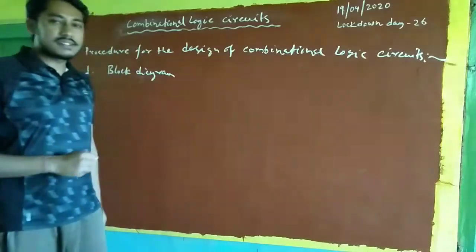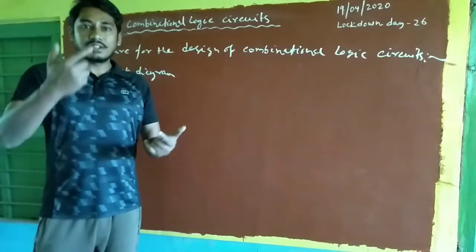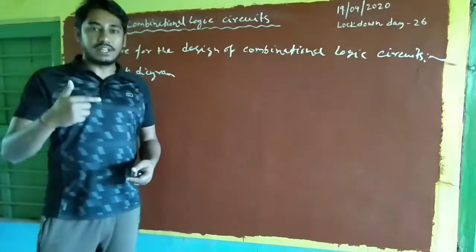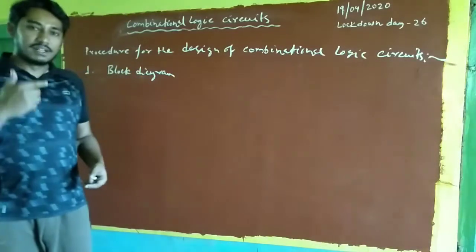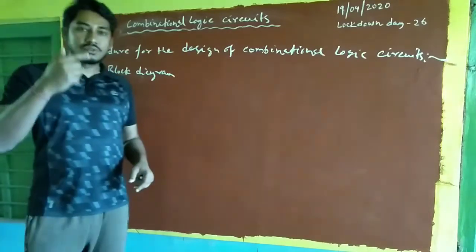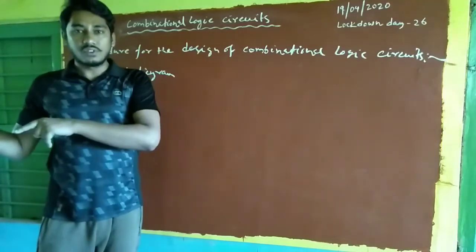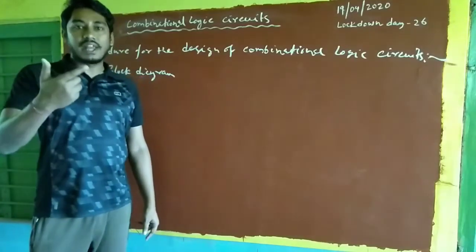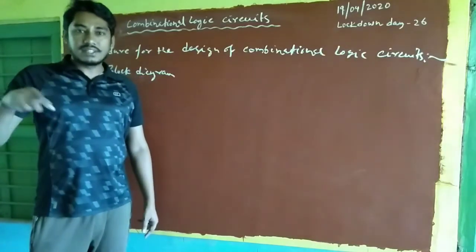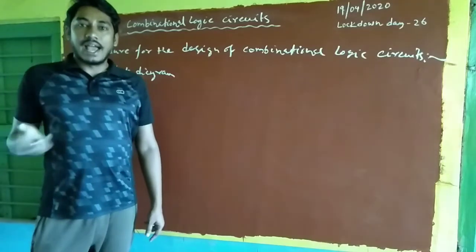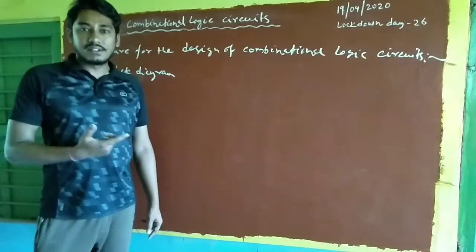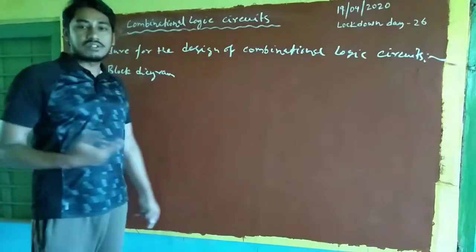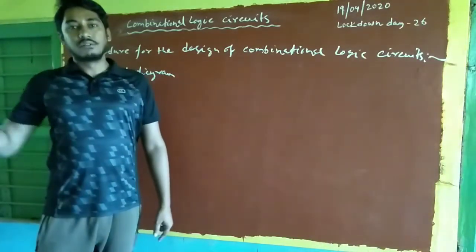For example, suppose we are interested to design an adder circuit. Now in an adder circuit we know what the inputs are. Suppose we are taking two inputs, A and B. So this A is the augend and B is the addend. These two are inputs. Now what are the outputs? Obviously an adder circuit will produce the summation of A and B. That means Y equals A plus B. Another output for this adder circuit is obviously carry, because if we want to add 1 plus 1, the summation is 0 with carry 1.